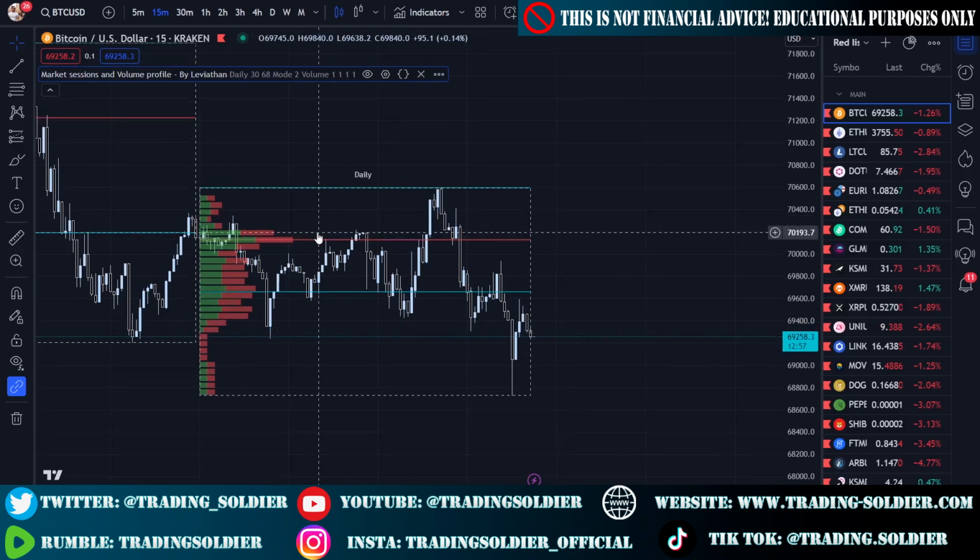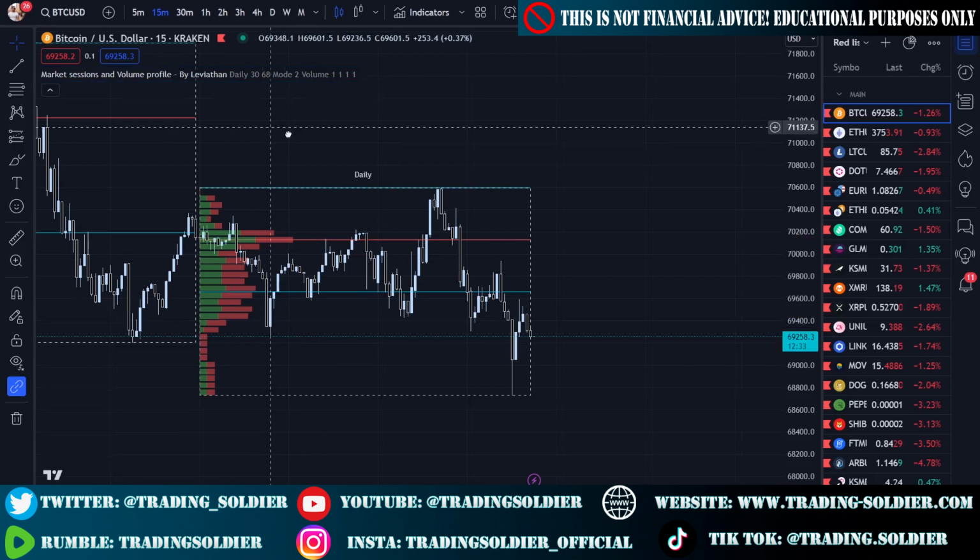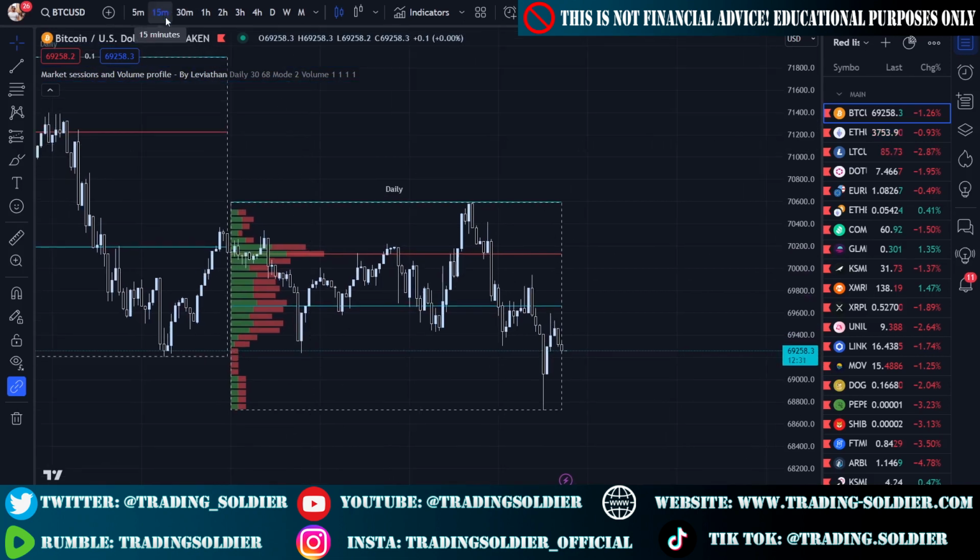The POC is the most important point of the volume profile, because it's the highest node of trading volume that we can find in the daily session, or in the period that we are analyzing with the volume profile indicator. So basically, the POC tends to act as an SR, so a support and resistance level. Now we are trading the 15-minute time frame, and you need to know, this is very important,